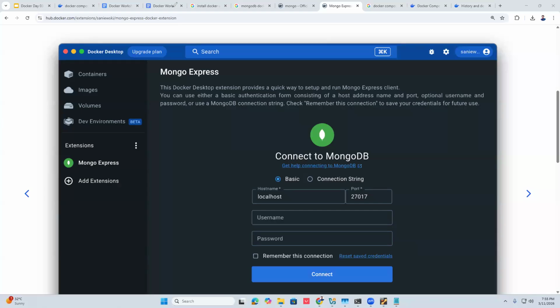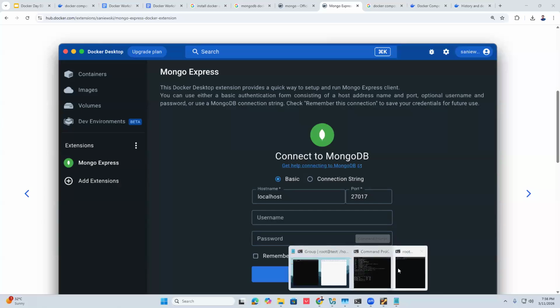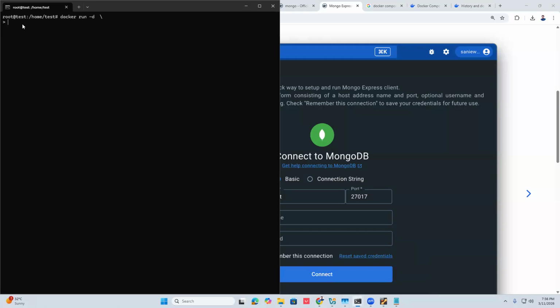I will do that. So let me go back to my command here, right? I'm going to say -p and then 27,017 colon 27,017, right? And then if you want to go to the next line, you put a space and then the / and you press enter. Then this is the next line. So still we are in the same line though. Like අපි මෙහෙම අලුත් lines දාලා අලුතෙන් new lines වලට ගියාට operating system එක consider කරන්නේ මේක single command එකක්